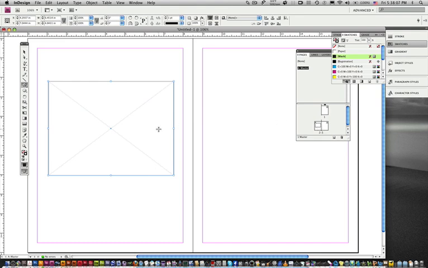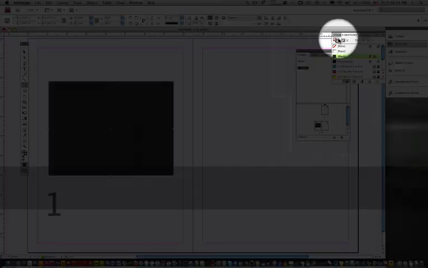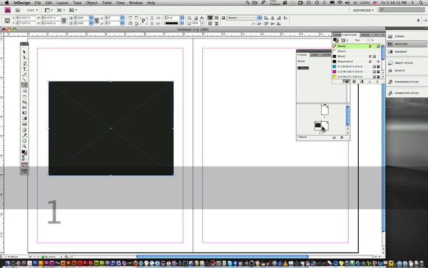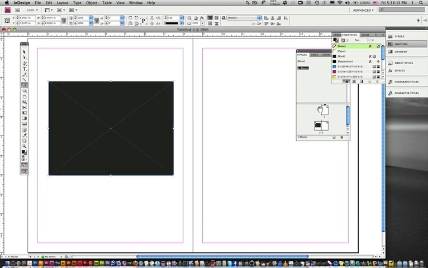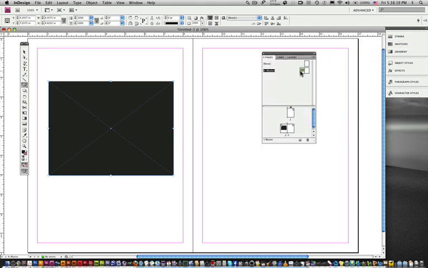That gives me a stroke, because right now only the stroke has been applied. If I was to go up over here and flip this, there we go. It automatically updates live, real time. So that is on the A master. And there's the actual box itself. So if I move this around on the A master,